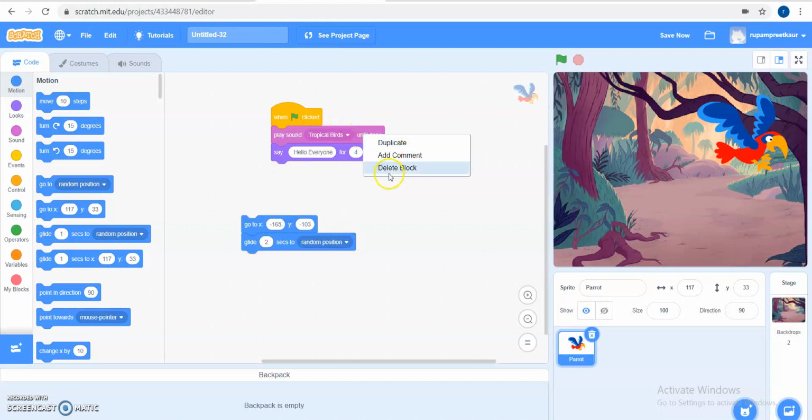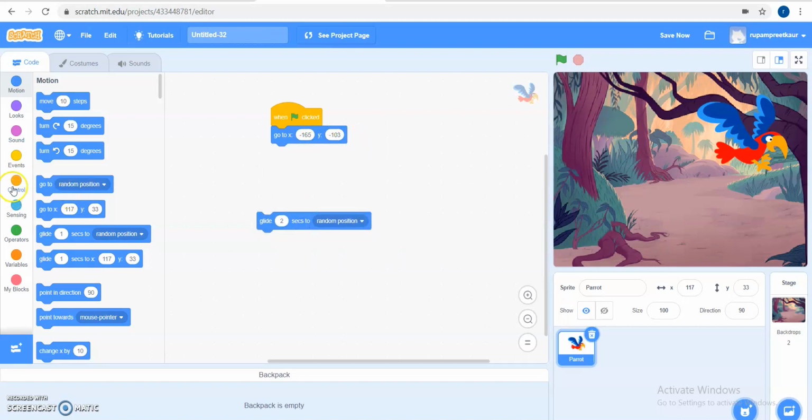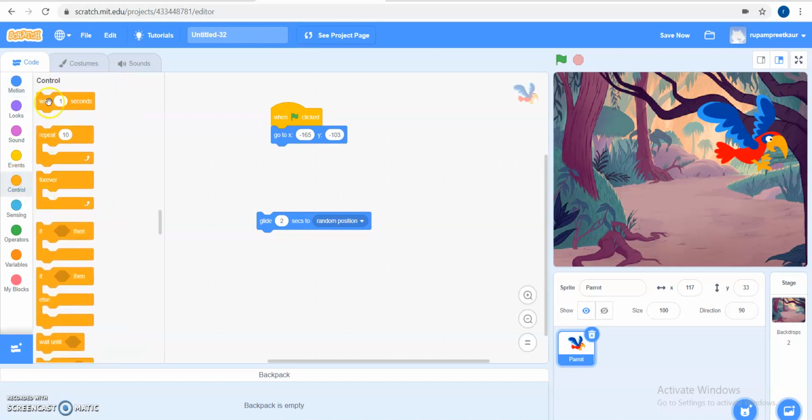So let's move to the glide part. I'm going to delete these 2 blocks. First of all, I am going to fix the coordinates of my sprite, that is x is -167 and y is -103. Then over here I am going to introduce the control block, wait for 3 seconds.